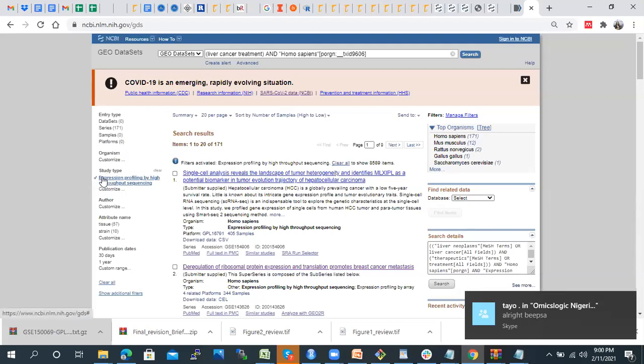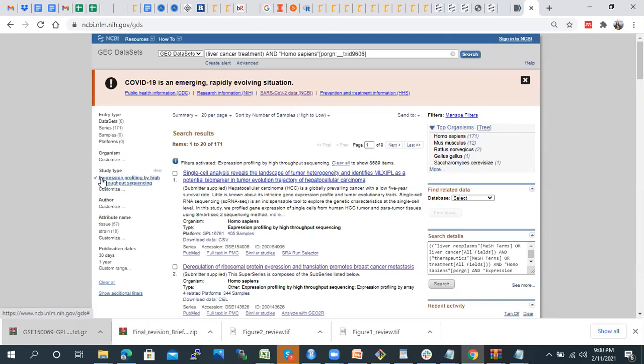For example, is anyone of you able to create this query and able to get 171 datasets? We are listening to you. Just give me a few seconds. Okay, I think you must perform hands-on so that it will help you. This is our last session. Yeah, because going along with you is difficult. We miss the concepts. So okay, we are listening to you. Okay, so that is not an issue.